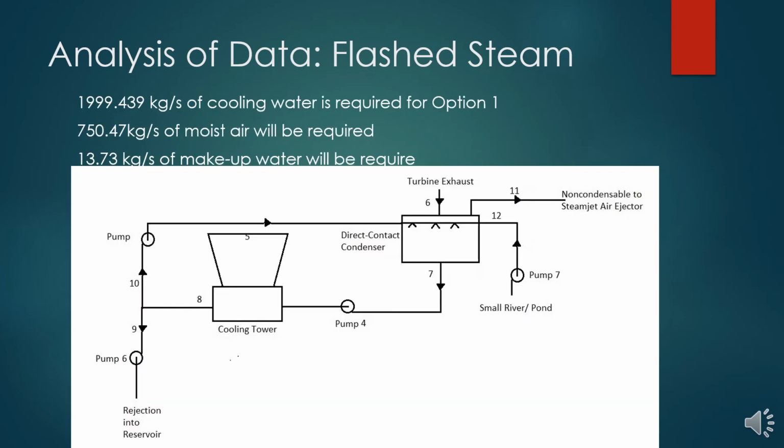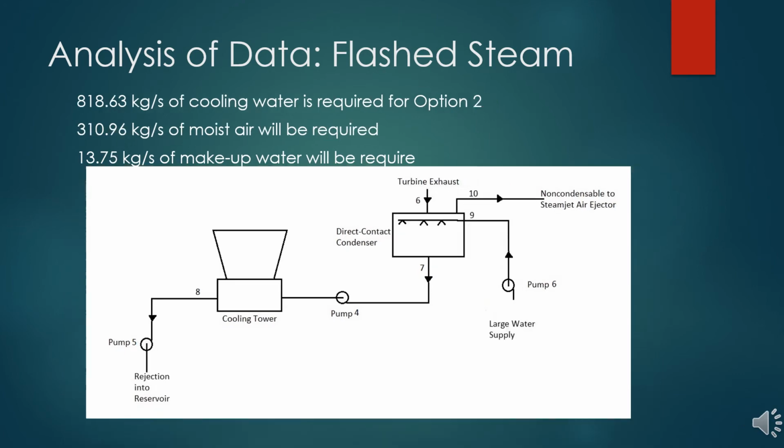Option 1 of the flash steam system requires approximately 200 kilograms per second of cooling water, approximately 750 kilograms of moist air entering the cooling tower, and approximately 14 kilograms per second will be required to the cooling tower for makeup water. For option 2,